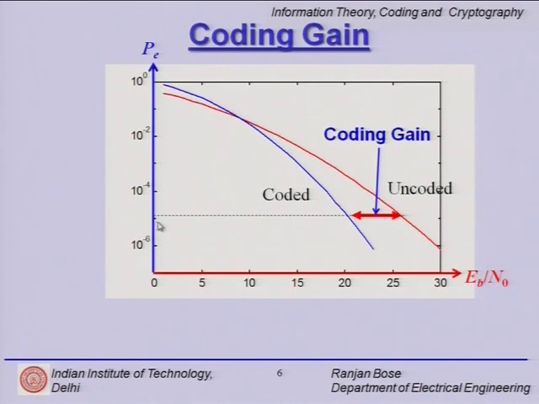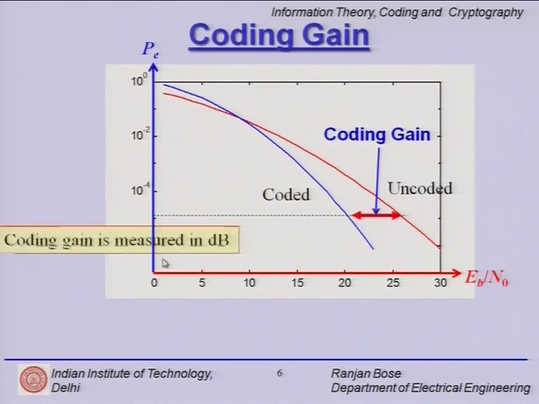But finally, we can sell a system in the market if it adheres to a certain probability of error, and this axis changes depending on the application. So, if you have a medical data imaging problem, I would rather be around 10 raised to the minus 6 or 10 raised to the minus 7, whereas if I am just doing simple digital voice transfer, 10 raised to the minus 4 and 10 raised to the minus 5 are good enough. So, this axis tells you the application level and the quality of service that goes with that application. So, coding gain changes with the Pe.